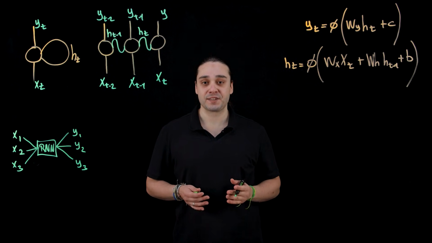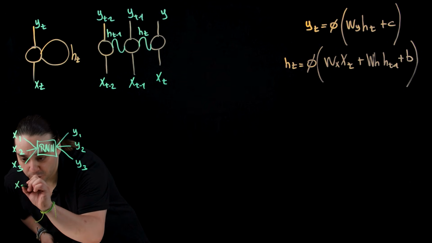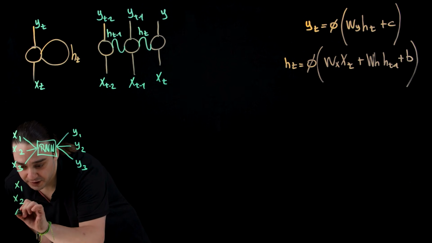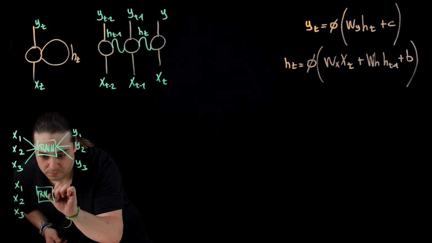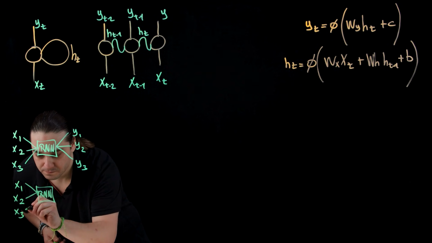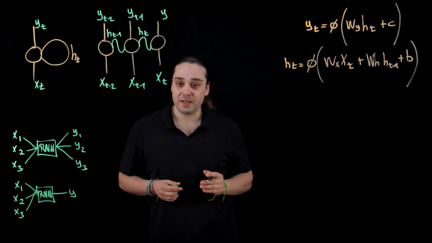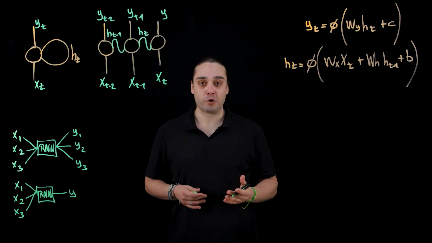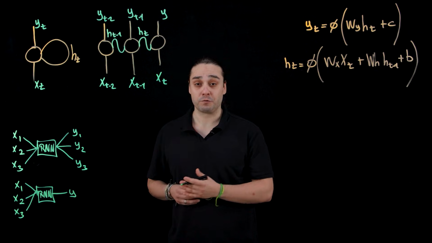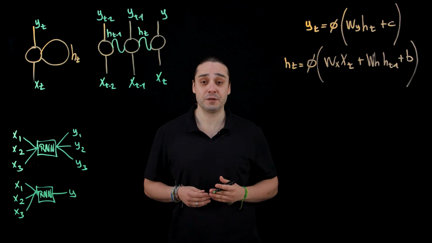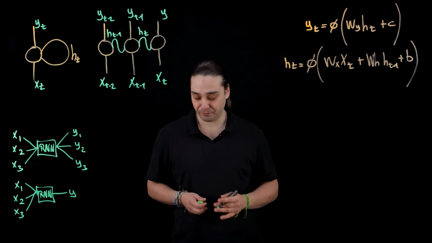Another way is the sequence-to-vector network. Here, we feed the network a sequence of inputs, but we only care about the final output. Imagine you have a sequence of words from a movie review. We can feed the network that sequence of words, and at the end it can give us a sentiment score like 0 for love, 1 for hate.